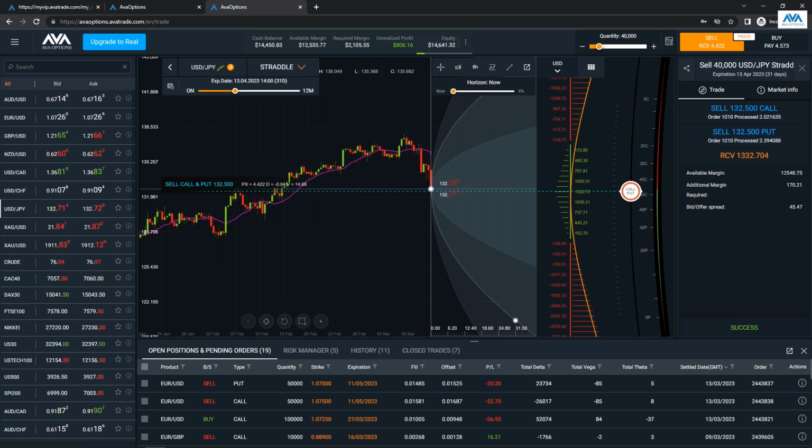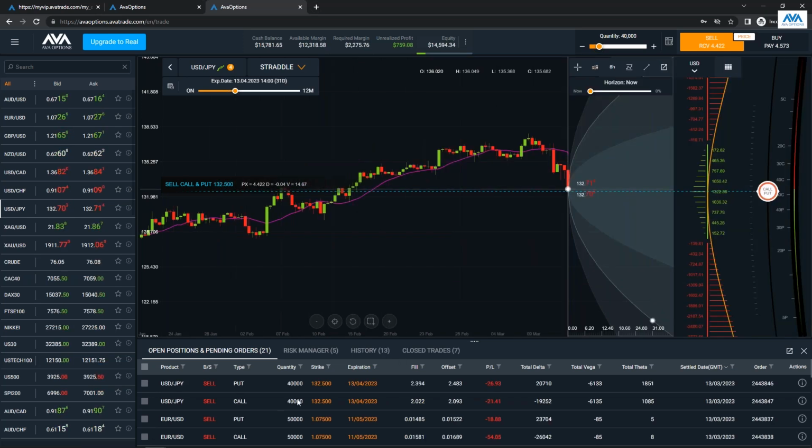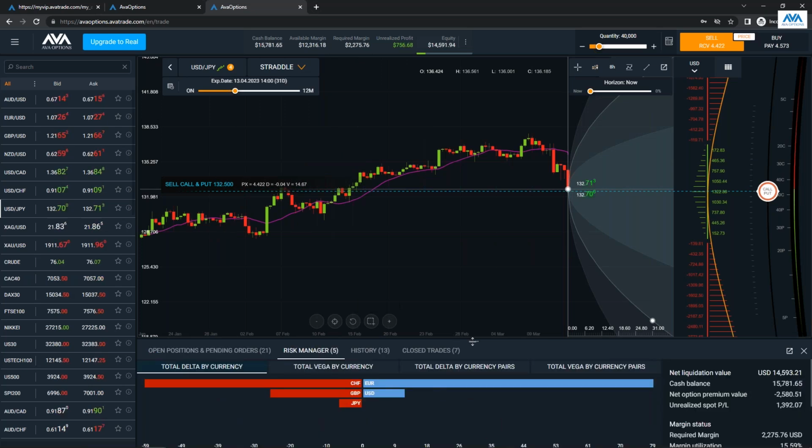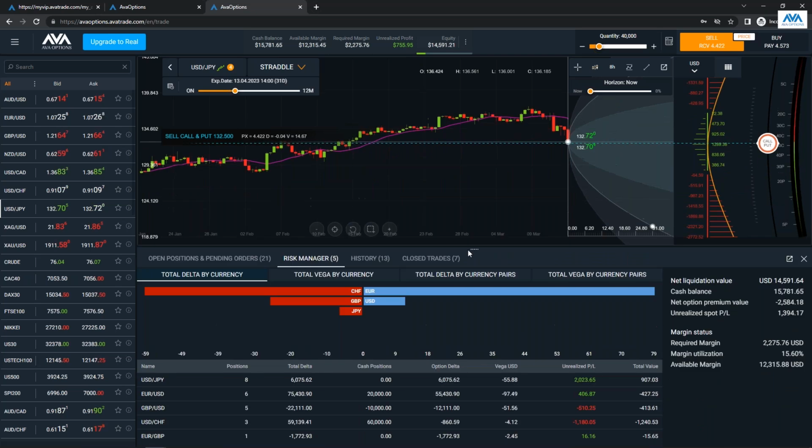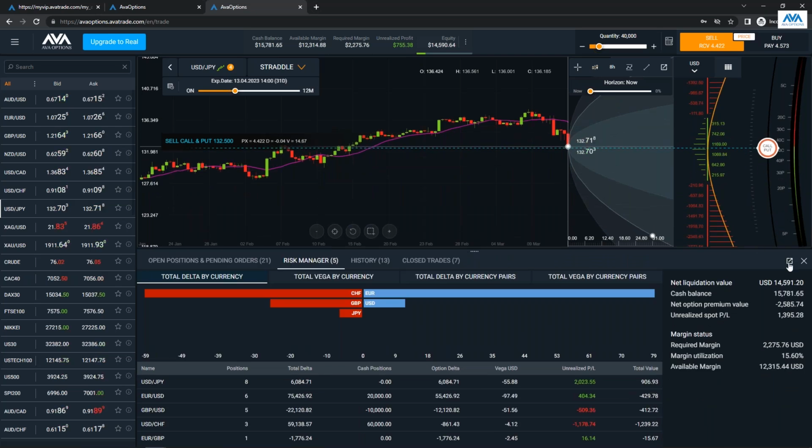Okay. Now I want to move on to the risk management section of our platform. There's the dollar yen trade. We just sold a call and a put. The risk management section, I'm going to expand this. And please know that our platform, this information is also available in the mobile app, exactly the same information on